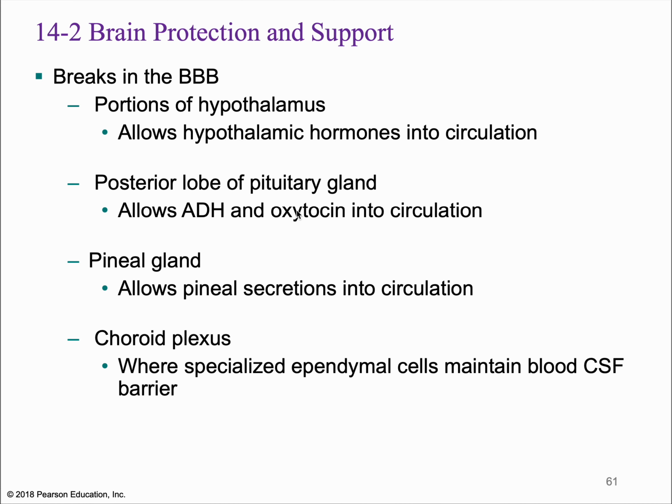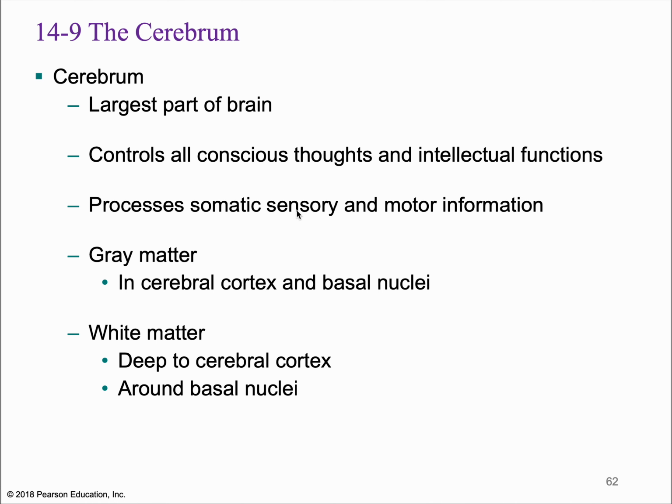So areas that require hormone release have less BBB, such as your hypothalamus, the posterior lobe of the pituitary gland, which allows ADH and oxytocin into circulation. And we have the pineal gland, which secretes what? Melatonin, yes, which is used for sleep. And we have the choroid plexus, which supplies CSF. So any location that secretes very important neurohormones or substances doesn't really have a BBB. Okay,